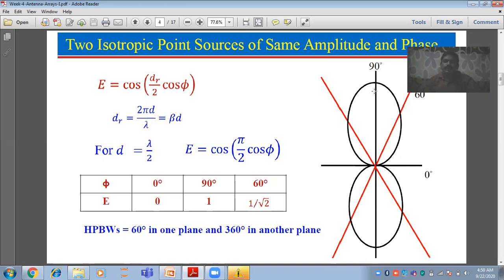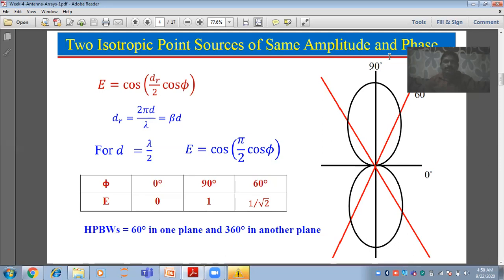Under that case, we are getting the radiation pattern along the broadside of the array line. Broadside means the 90 degrees side, or perpendicular side, of this array line. Therefore this is said to be a case of broadside array, which can be constructed by applying same amplitude and same phase. That we have to remember always.